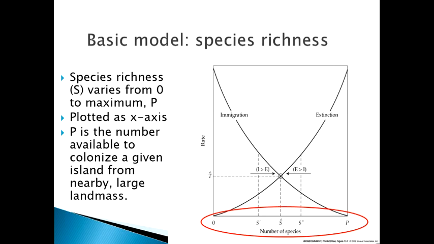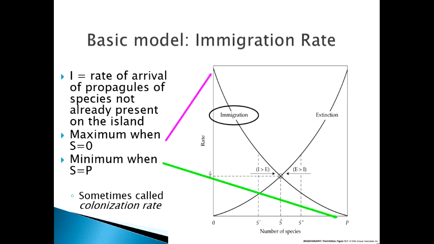So P is the number that is available to colonize from a nearby landmass. So let's say a nearby landmass has 100 species on it, then this island, which is separated by water from it, can potentially receive up to those same 100 species. Let's look at the immigration rate. The immigration rate is the rate of arrival of new propagules, that just means individuals, of species that are not already present on the island. So it ends up graphing out as this